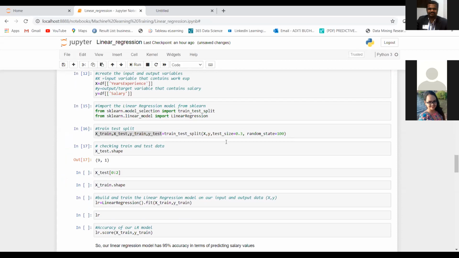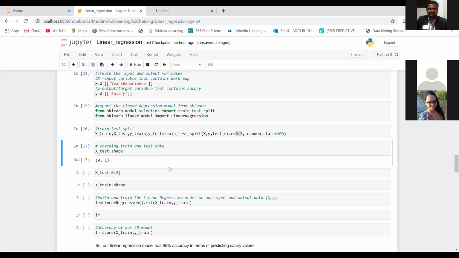And here we had specified that we should have 30% of our data in our testing data set. So 30% of 30 is 9, right? So we got 9 rows in our testing data set.